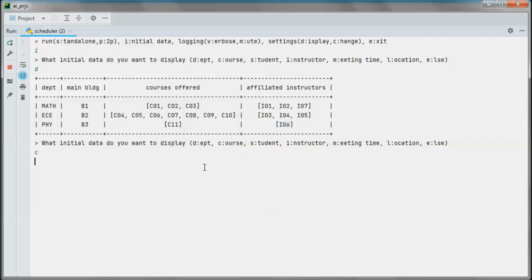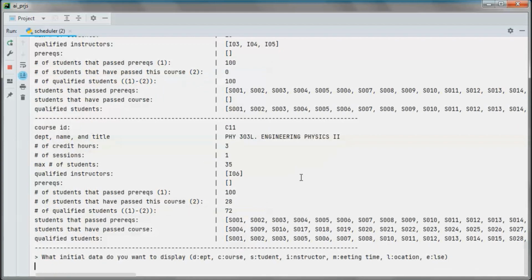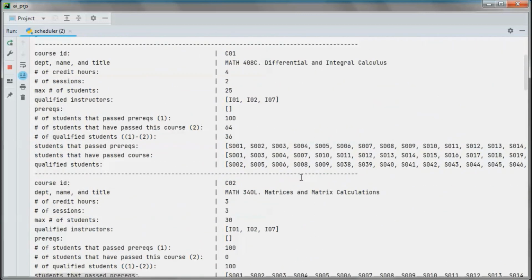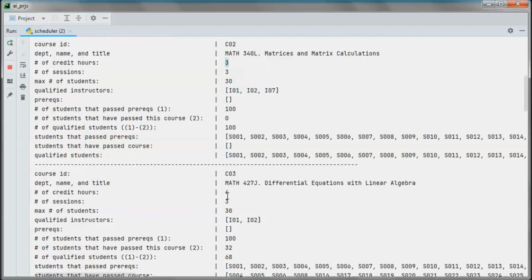And if we go to courses, here we have 11 courses, and here we have the course ID and the department name and title. So this is the department, and this is the name of the course, and this is its title, and this is the number of credit hours for each course.